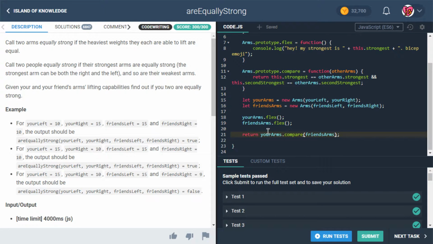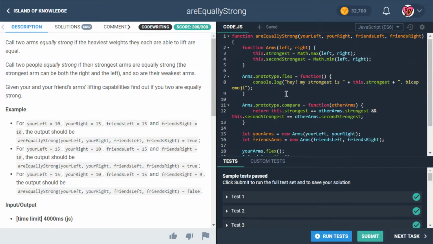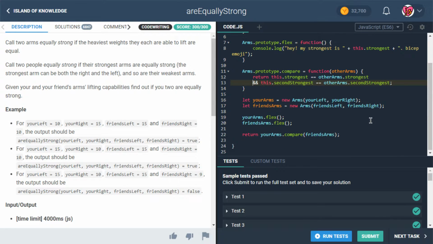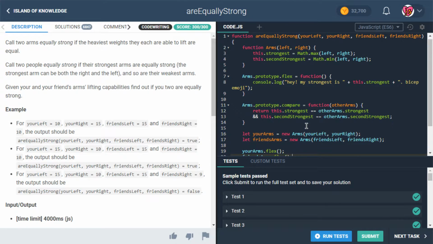It's going to give us what we're looking for, because that comparison is basically what we were doing before. We were saying, well, is your strongest arm as strong as your friend's, and is your second strongest arm as strong as your friend's second strongest? Okay, so that's working. That's fine. But